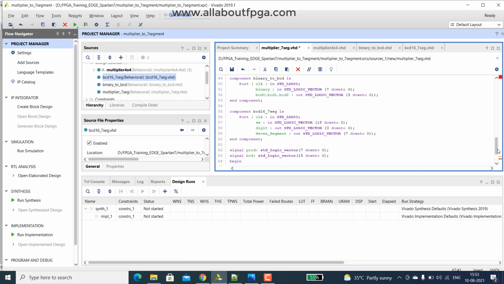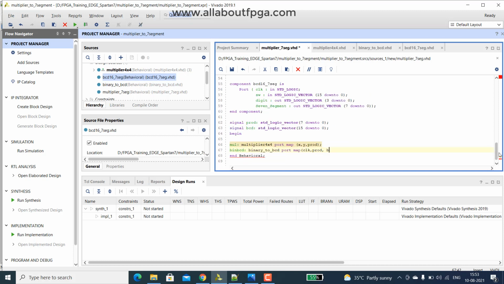What we can do is assign something like BCD of 3 down to 0, then BCD of 7 down to 4.